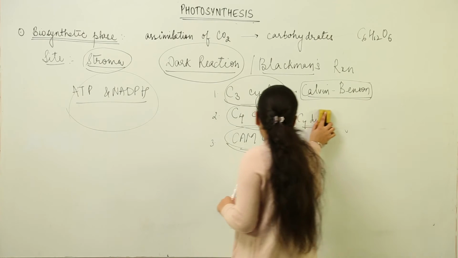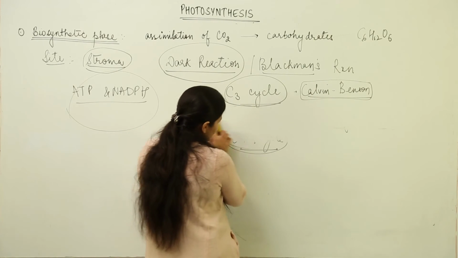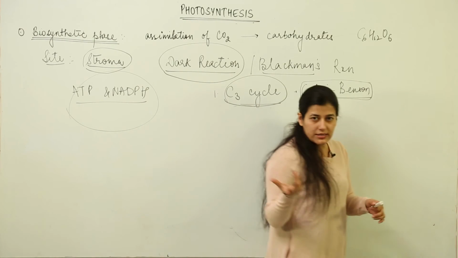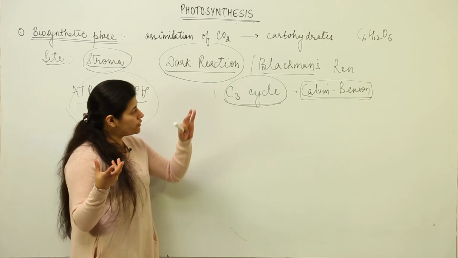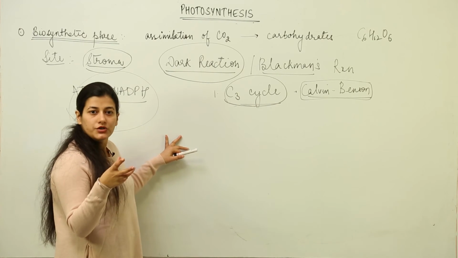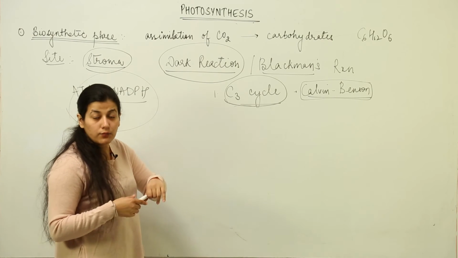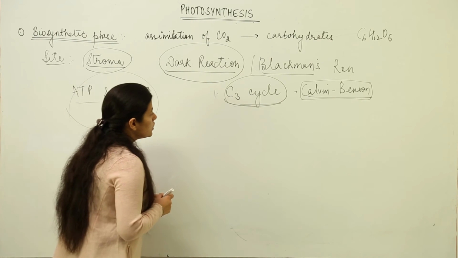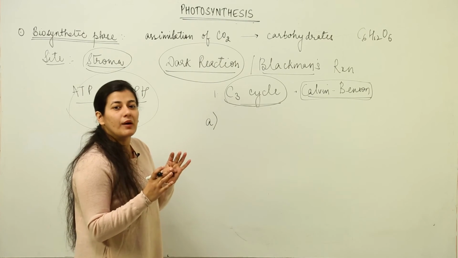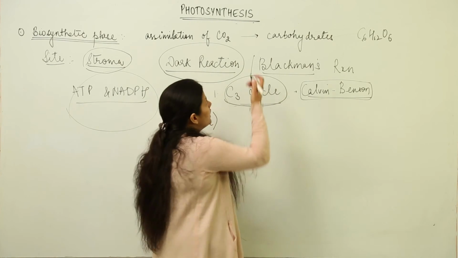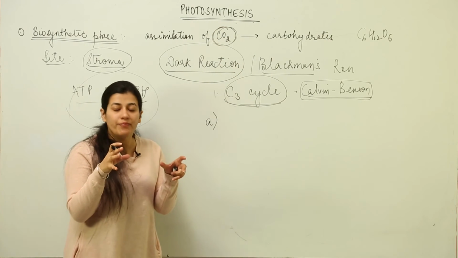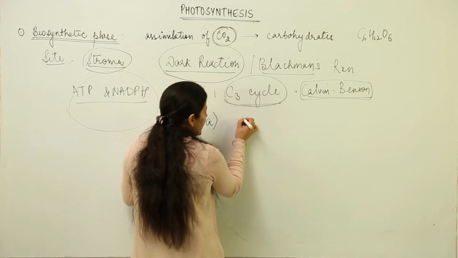And lastly, as I told you, ultimately it is the C3 cycle or the Calvin-Benson cycle that is taking place. Whether we are talking about C4 or CAM, we are dealing with the C3 cycle only. So in this very lesson, let us get introduced to the steps in the C3 cycle, what would happen in the biosynthetic phase. The first step of the biosynthetic phase is that some compound is going to take up the carbon dioxide. In the presence of enzymes, some compound within the stroma would come and take up the carbon dioxide, and that step would be